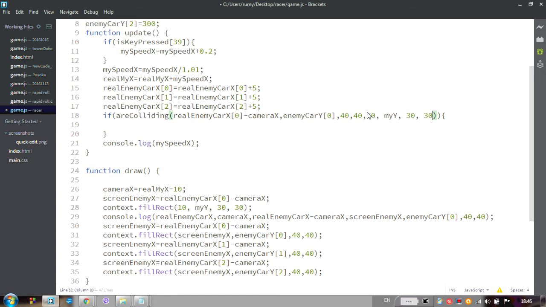player. But if you think, what is this 10 actually? This 10 is my real my X minus 10 plus 10. What? Wait, what? I'm trying to tell you that, sorry, this is not the correct formula. It's real my x plus 10 minus camera x. Anyway, what I meant to say was that this is a really strange way to evaluate